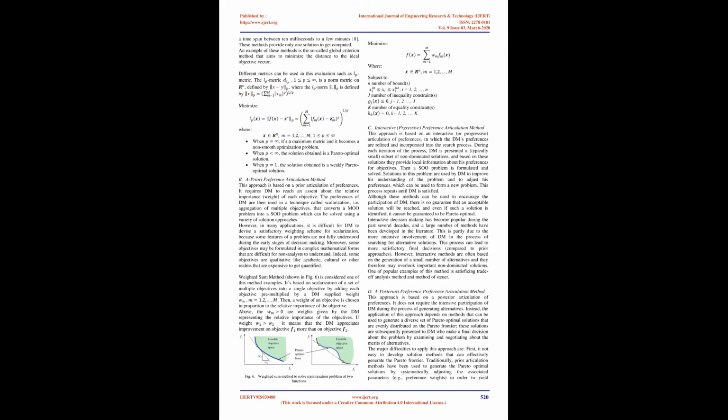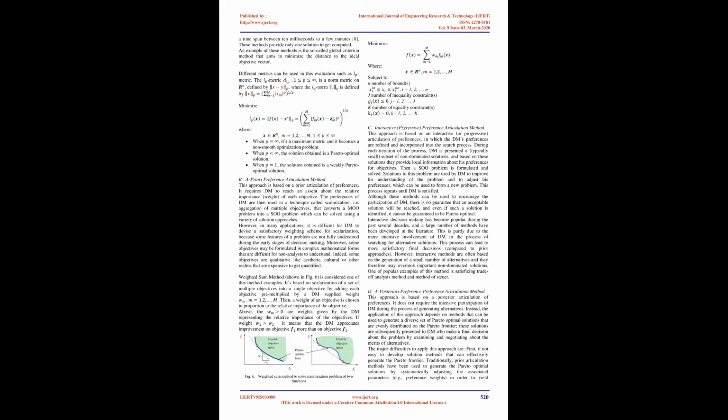A priori preference articulation method. This approach is based on a prior articulation of preferences. It requires the DM to reach an assessment about the relative importance, weight, of each objective. The preferences of the DM are then used in a technique called scalarization, i.e. aggregation of multiple objectives, that converts a MOO problem into a SO problem which can be solved using a variety